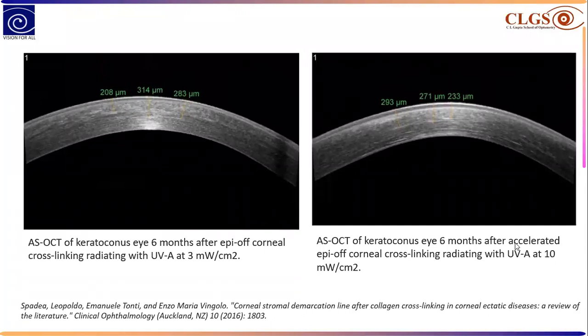And even if it penetrates, riboflavin can penetrate. There is no problem with the riboflavin. There is a problem with UV radiation. You don't want UV radiation to reach that level because UV radiations are high energy radiations, and high energy means they will damage the normal well-functioning cells. So riboflavin is not an issue, even if it reaches the endothelium or anterior chamber or iris. Riboflavin is nothing but vitamin B2. So no issue.